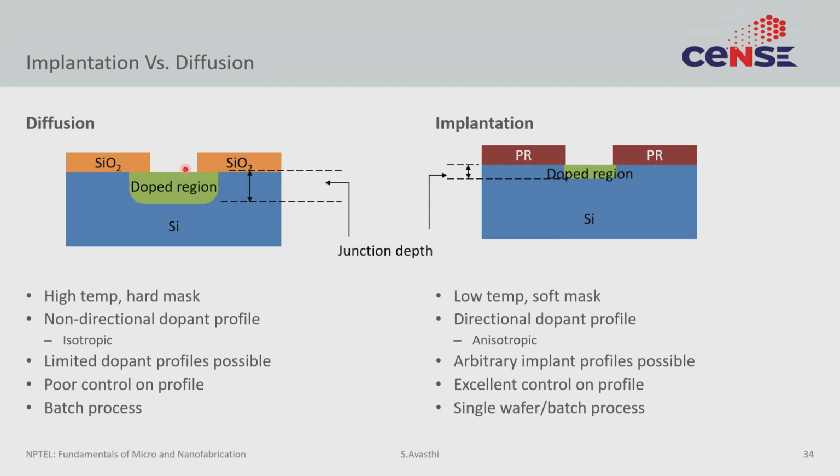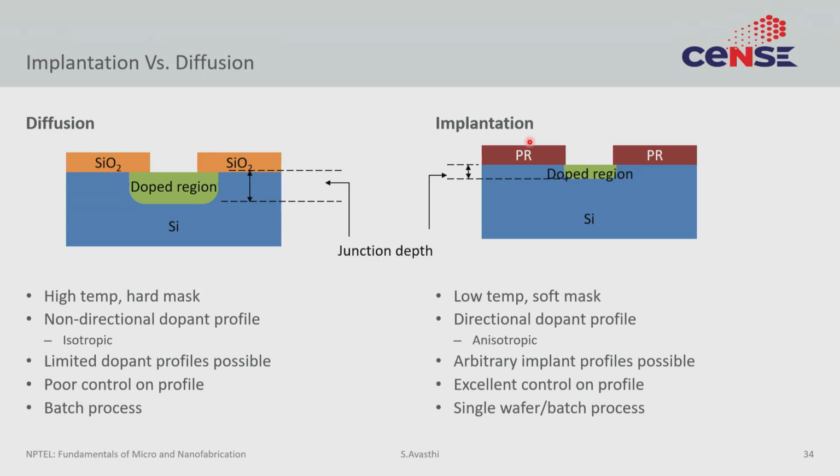So if you are trying to reduce the size of your device, you are probably reducing the size of this hole, right? You are trying to reduce the size of this doped region. But because dopants always diffuse both down and laterally leftwards and rightwards, it's very hard to actually constrain them in very narrow channels, right? So as you are scaling the device down, diffusion becomes a lot more complicated.